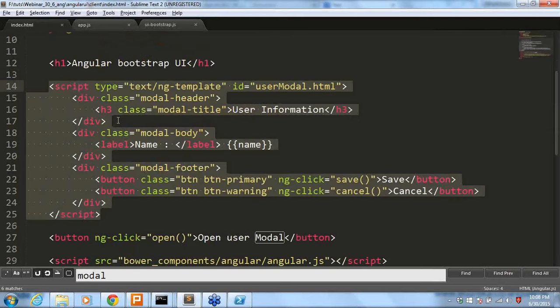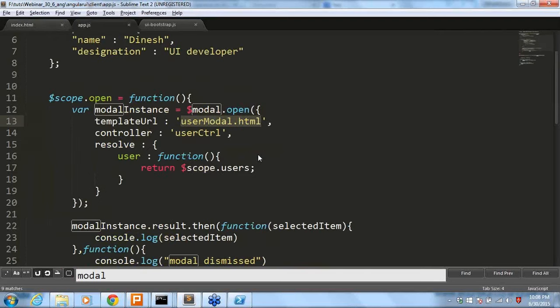If it is a small pop-up, I don't need to create any other controllers. For example, if I have a large pop-up and I want to do some kind of complex logic there, then I create a controller, which will act as a separate controller for it. You should be able to access all the functionalities. So I'm going to create a controller. This is the controller, user CTRL.